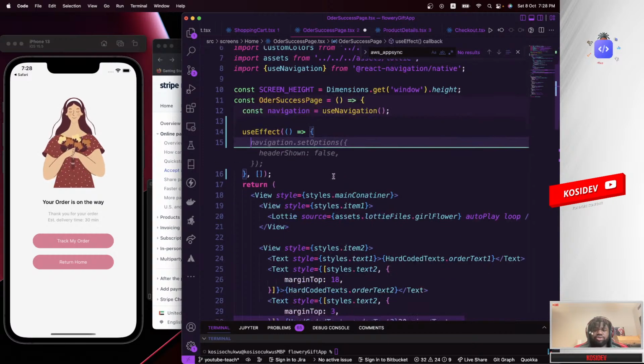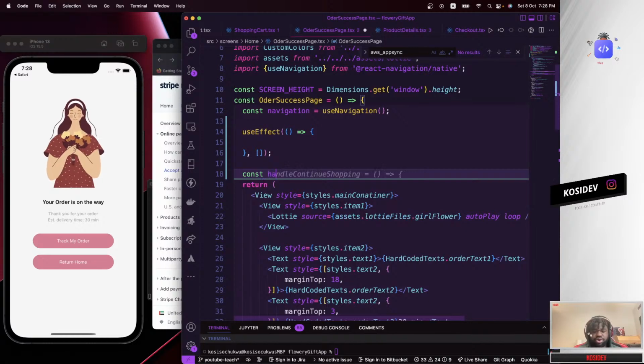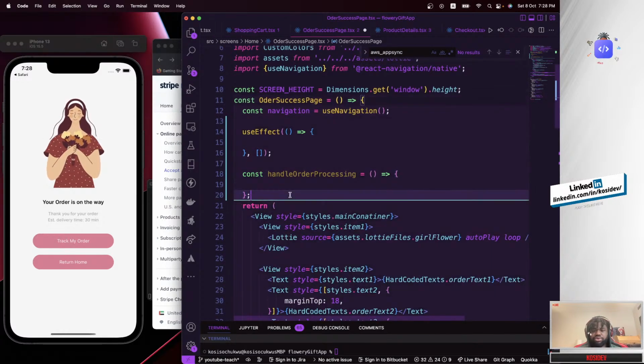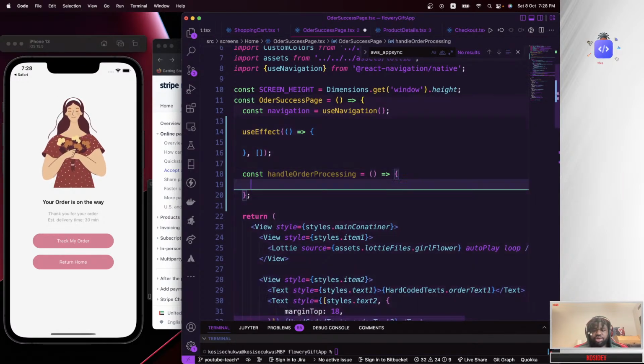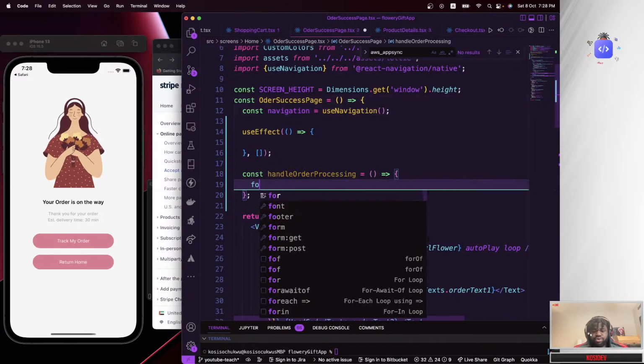In there, we want to create a method. I'm going to call that method handleOrderProcessing. So handleOrderProcessing, that's the name of this function. In there, handleOrderProcessing is actually going to be an array, a for loop.